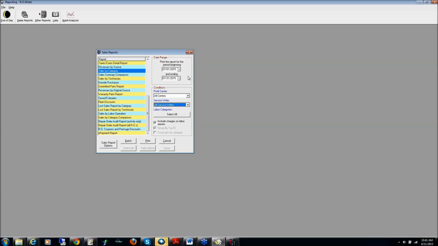And we finish up our sales reports conversation. Just a couple of last reports that I'd like to point out. As we continue down towards the bottom, a lot of folks will print the outside purchases report. This will tell me any parts that were sold during the time frame designated as non-stock items. So in theory, that's going to give me the detail of all the parts that were bought on the outside